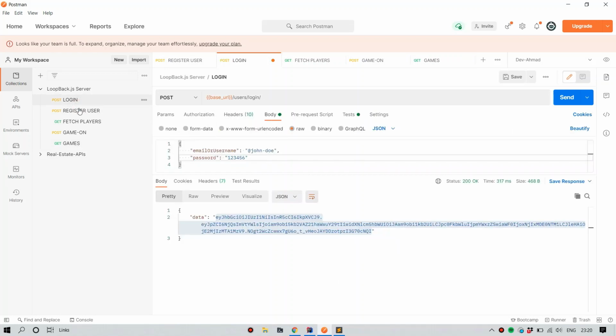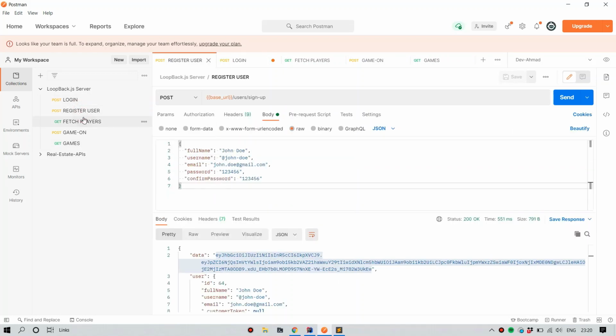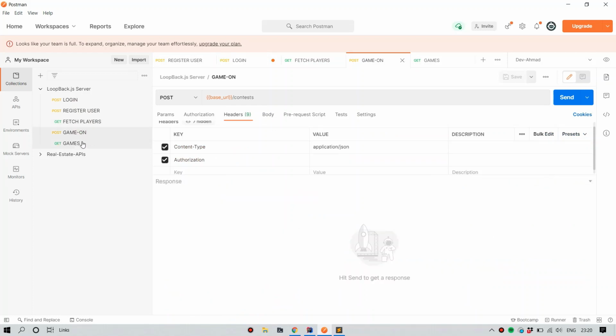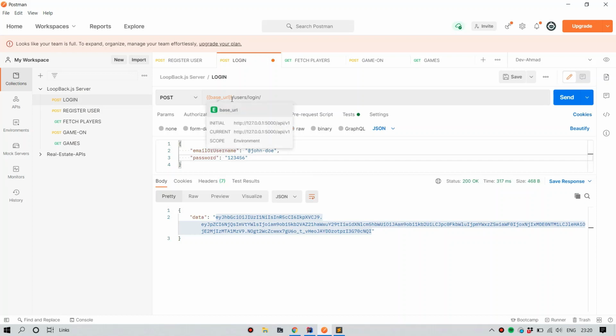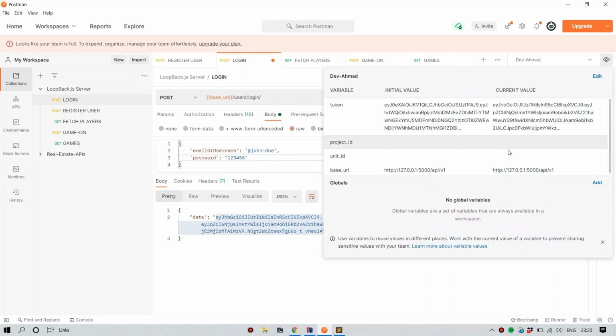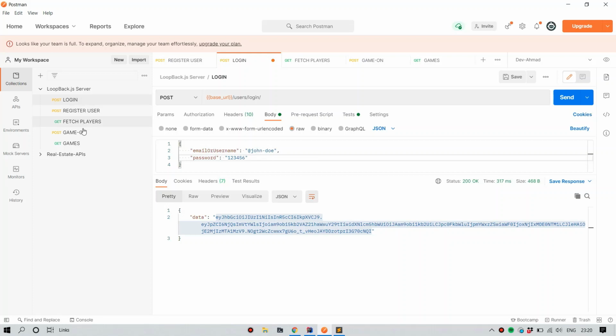So all of our endpoints are now clean, and they're using a centralized base URL. So every time we need to change the base URL, suppose API slash v1 to v2, then we only change the environment variable here, v1 to v2, and all the endpoints get changed. The whole collection gets changed without needing to change each and every endpoint separately. So that's one thing that is taken care of.